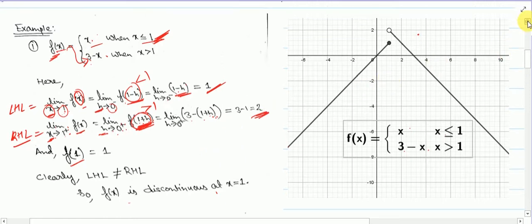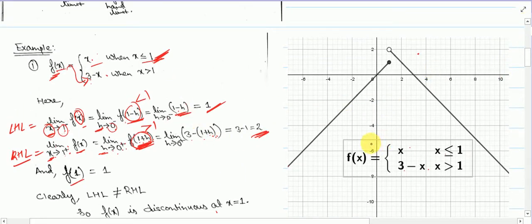So this is the graph for this function. You are not supposed to draw this, you will not draw it in the copy also. If you want to draw it for reference, you can, otherwise it's not needed. Whenever you get a question to confirm whether a function is continuous at some point or not, you have to follow this method only. You should find the left hand limit, right hand limit, and then the function value for that point. And if you find that all three are equal, then only we'll say that the function is continuous, otherwise discontinuous.